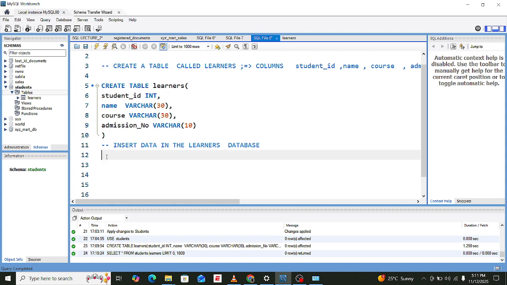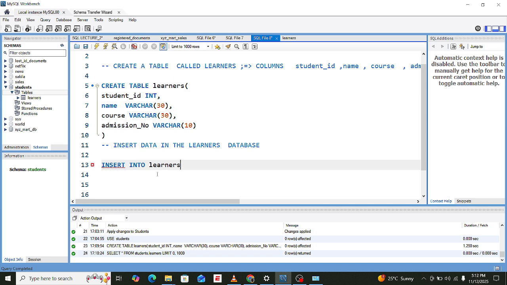So down here, we are going to insert data in the learners database, and we do that by using the insert command. Insert into, and then we must now specify the table we want to insert into,